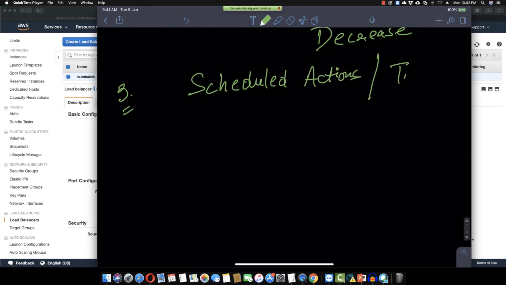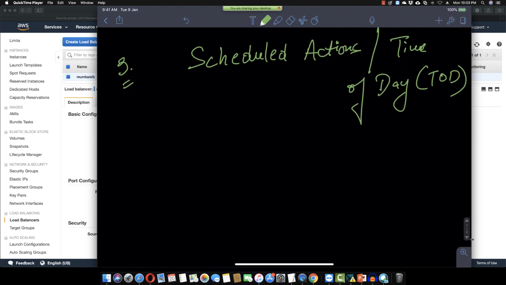Or it's time of day. In the short form, it's TOD. Scheduled actions means that depending upon the time or the date, you either have the scale out event or scale in event. For example, I can say that